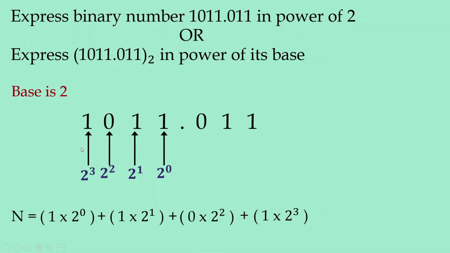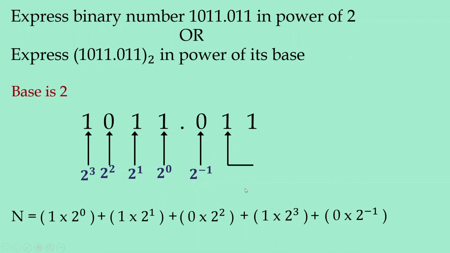Now let's move to the right hand side of the radix point. So 0 will have the weight 2 raised to minus 1. So we will add it with the previous one. We will get 0 into 2 raised to minus 1. Anything multiplied by 0 will give you the value 0. But this is not a concern right now. We will see it later. But remember, anything multiplied by 0 is 0.